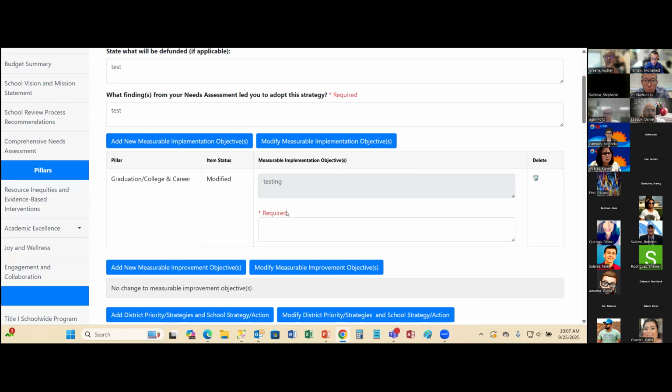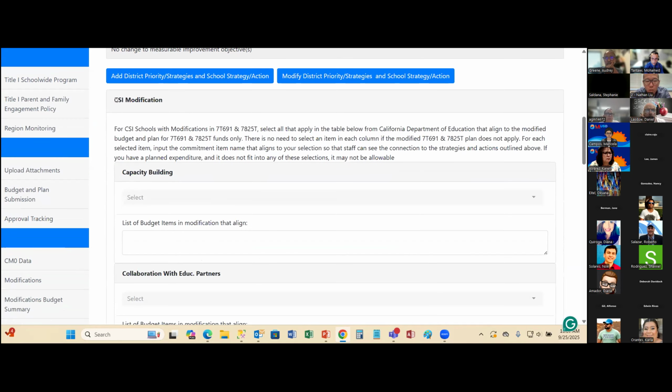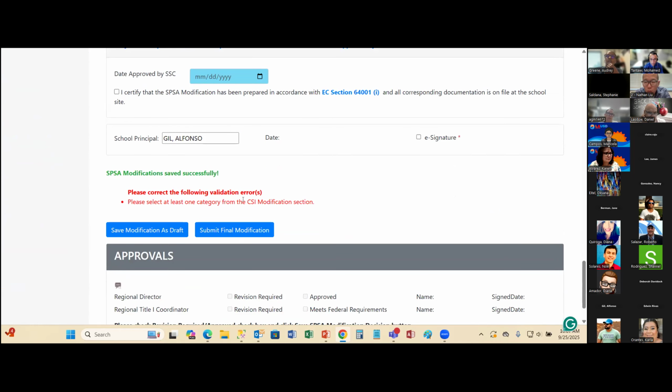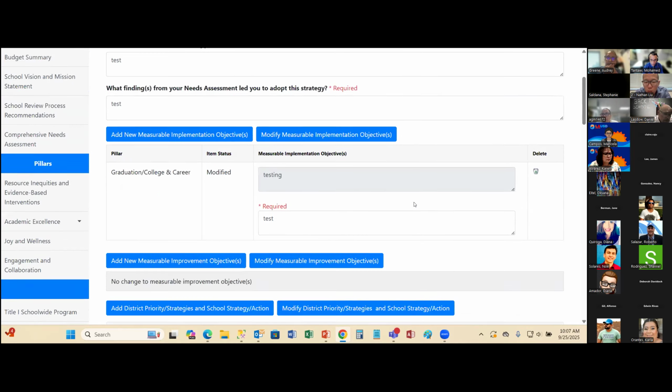I see also here it's required, so I should be putting some entry here. Again, I'll put test. And again, I expect to see this CSI error because I have not selected anything in this section. So when I save doc, I expect to see this error again. See, it shows up again. All right, now